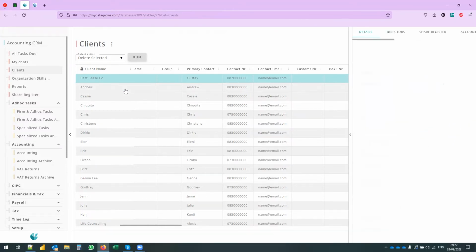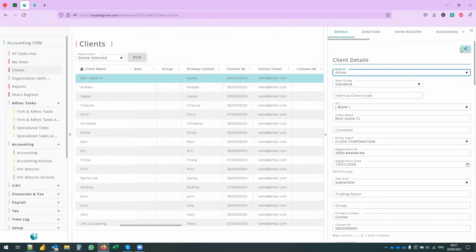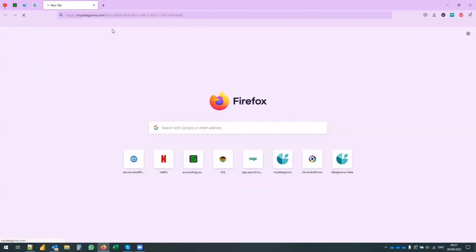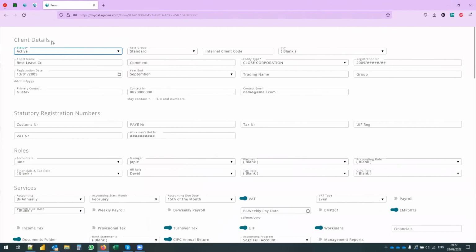If you click on the record, before you expand it, you'll notice a little blue share button there. And if you click on it, you can then copy the link, and then that is what you will send to your clients. And you'll see when I open it, I cannot navigate away from the window